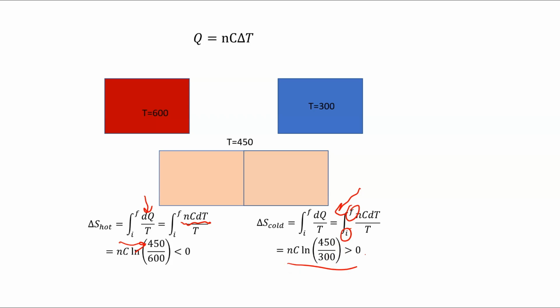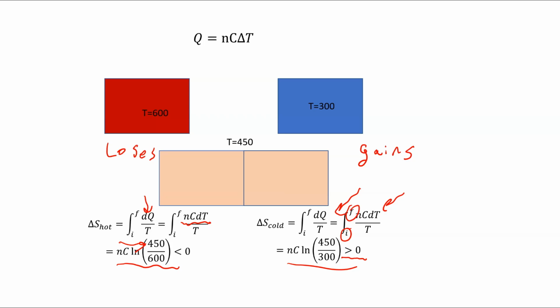The key thing to know here, and this is really interesting, is if you punch this up on your calculator, you'll find that it's actually less than 0. This block loses entropy. And if you punch this one up on your calculator, you'll find out that this one gains entropy. And so you might think, wait a minute, I thought the second law of thermodynamics said you have to gain entropy no matter what. But that's not what the second law of thermodynamics says.